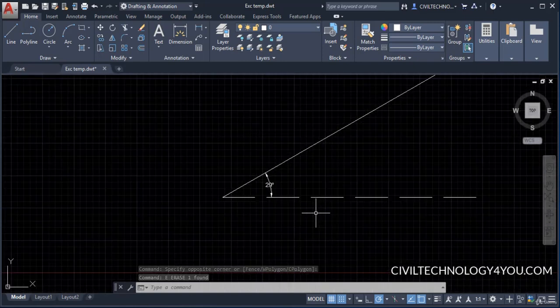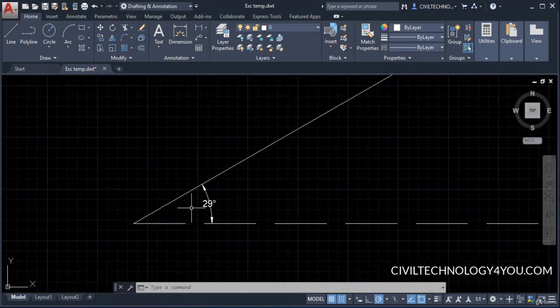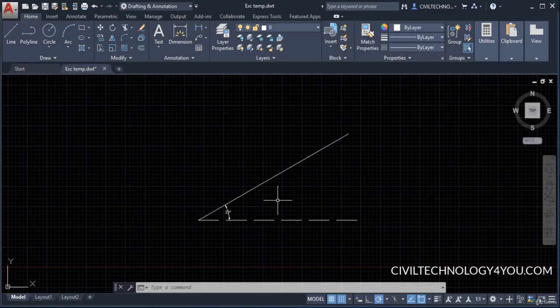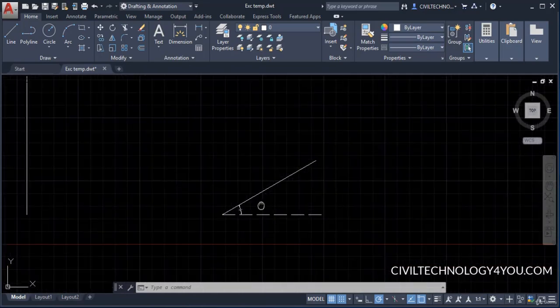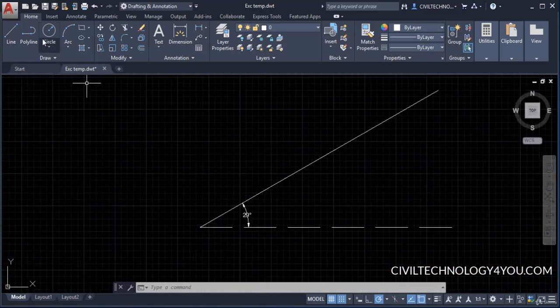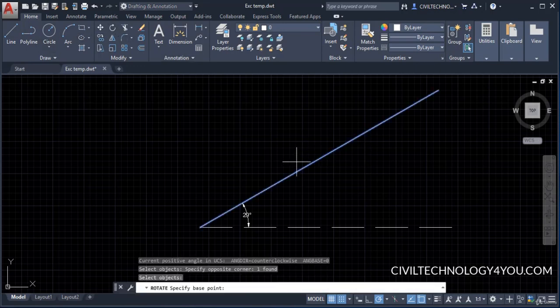Again we have one more here. You can see it is inclined at 29 degrees and I want to rotate it 30 degrees more, okay? So we will see how to do that. I will go here to the rotation option and select this object. I will hit enter. Now I will give this point as the base point because I want to rotate along this axis, okay? Not the horizontal, because this line is inclined at 29 degrees. So now this will rotate from this point to this point, okay? So I will give this point as the base point.